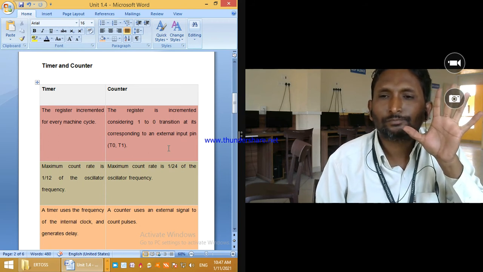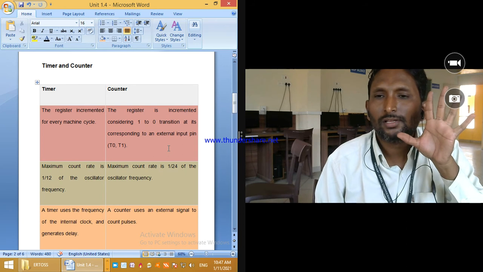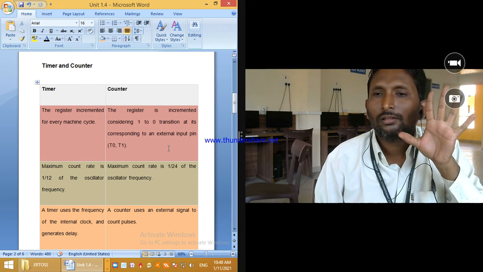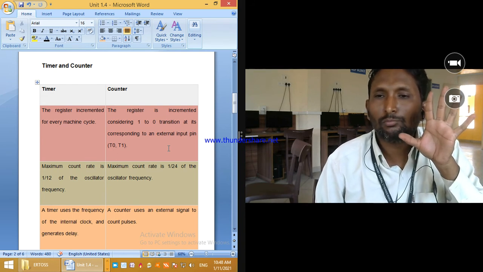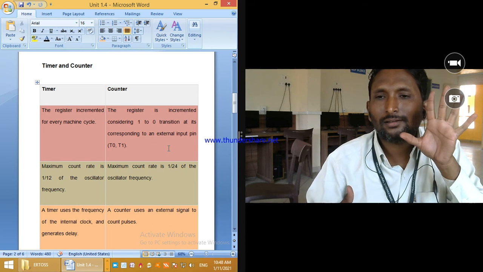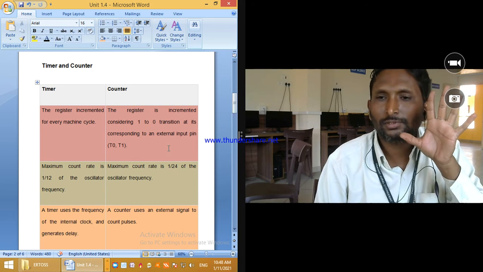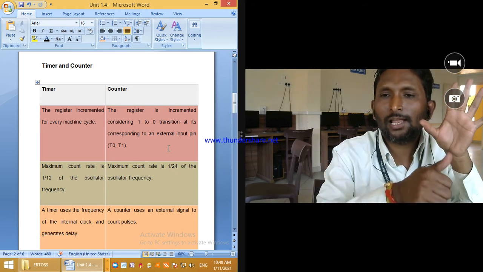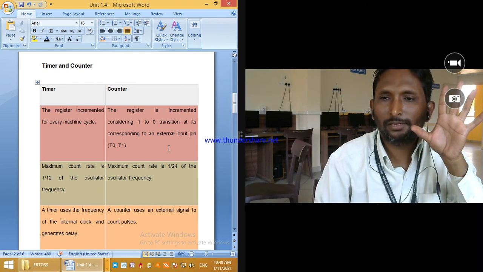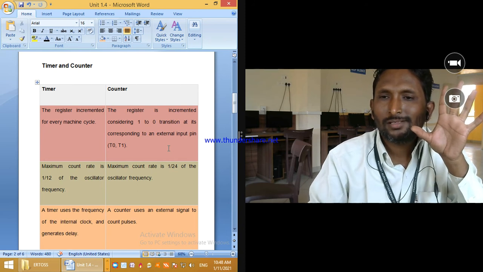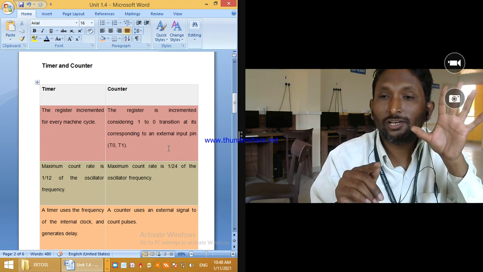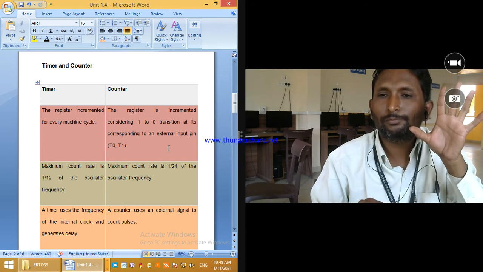Number 5, the reset circuit. The reset circuit resets all the clock signals, settles the power supply in the correct mode, and loads all the registers from the initial state. This reset circuit is required. And the second last is memory. Primary and secondary memory. RAM and ROM are primary memory. SSD, solid state drive, pen drive, CD, these are the secondary memories.